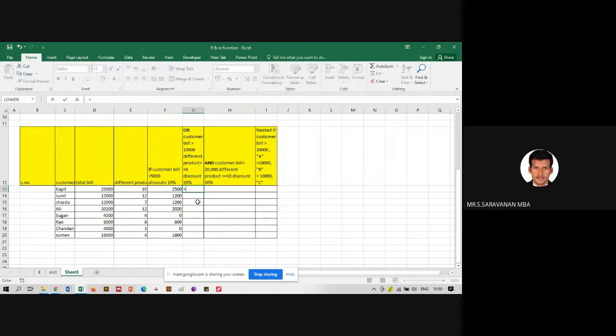equal to IF, open the bracket, OR, because there are two conditions here.